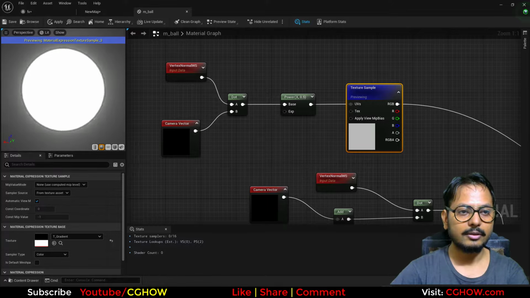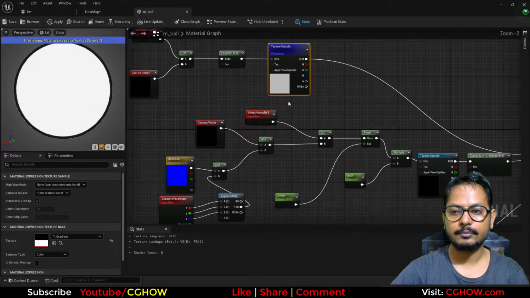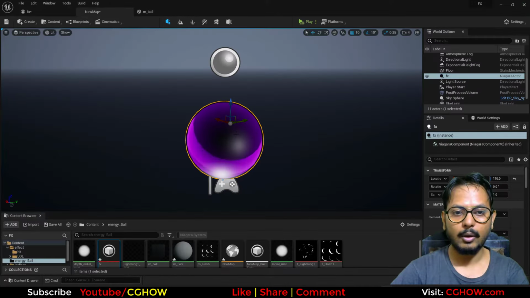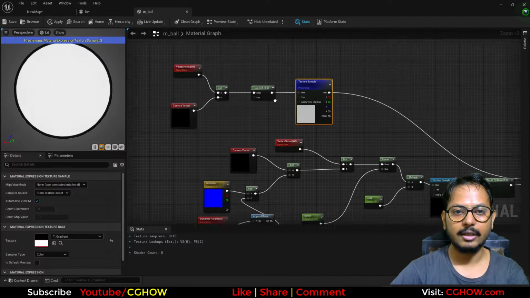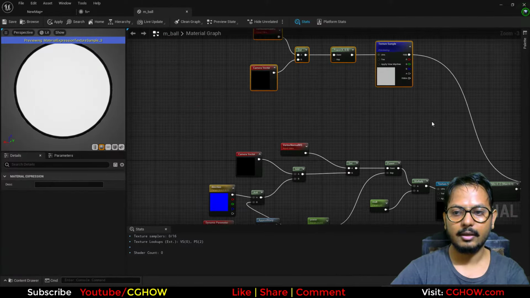So I got these black edges, and very sharp. So you got the idea how I created this black edge around the sphere. So these are the nodes to create that. Then